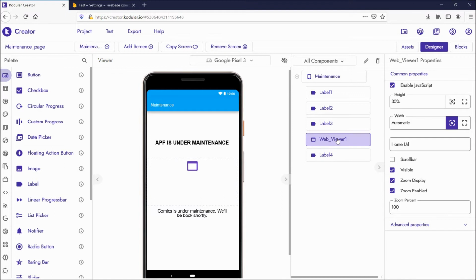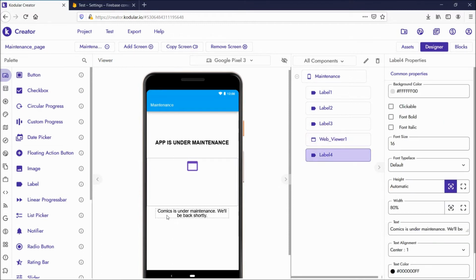I'm using the web viewer because we can enlarge the image, set the height and width of the image, and keep the URL in the image using HTML format. And this is another label: "Comics is under maintenance. We'll be back shortly." So this is the maintenance page screen.